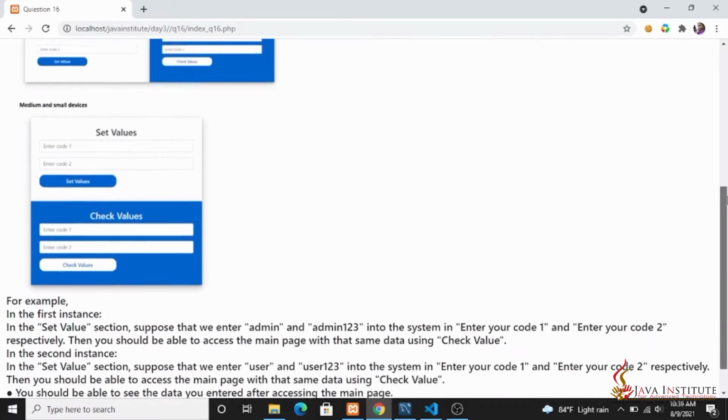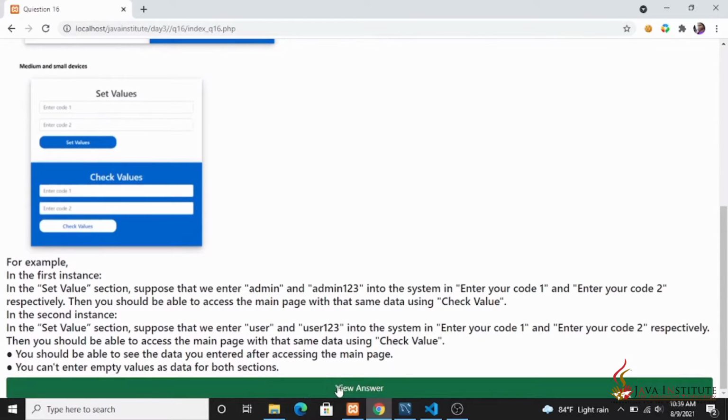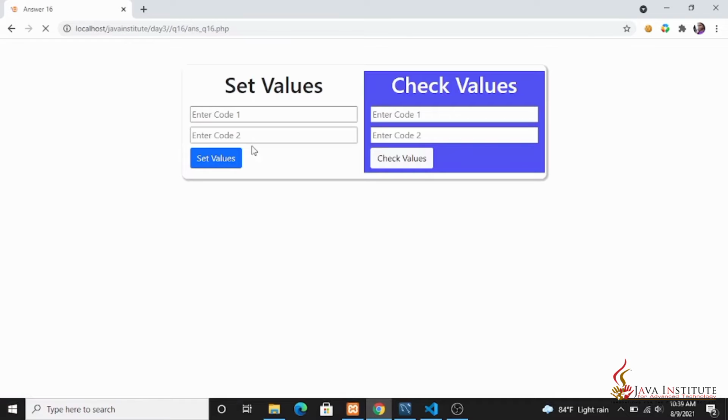So I'll show you the answer here. You can see I have used the design that I have created in the previous video. The difference is that I have coded here the function for the question given in question 16. So then I'll show you the code first.